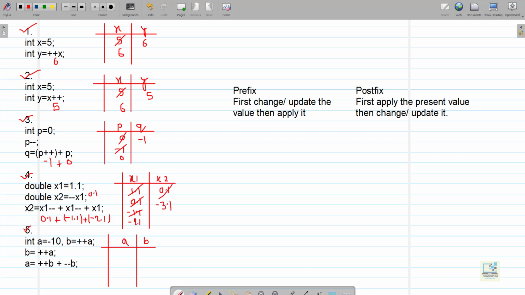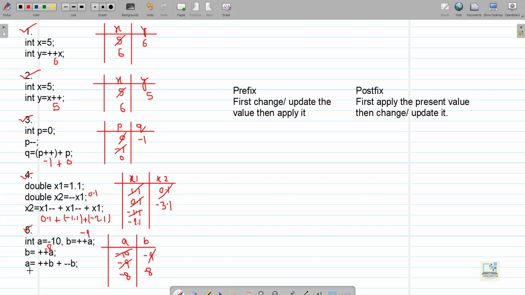Now coming to the last one, fifth one, a is -10, b is ++a, prefix, first change, so it will become -9. Apply -9, that means b will become -9. Then it is written b equal to ++a, prefix, first change, so it will become -8. Apply -8, so b will become -8.